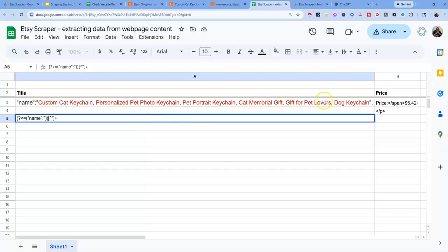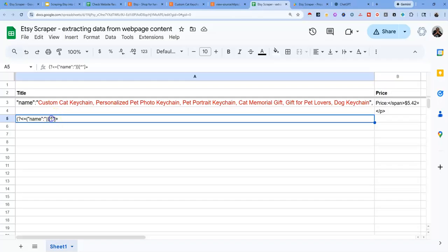Now, there's also a way to describe what comes after the title, but you actually don't need it. The way it works is that when you say not something, it takes everything that is not that thing, and when it sees that thing, it just stops. It's not going to do any more, so you can just leave it alone. And that is the core of the regex that is needed in order to return this title